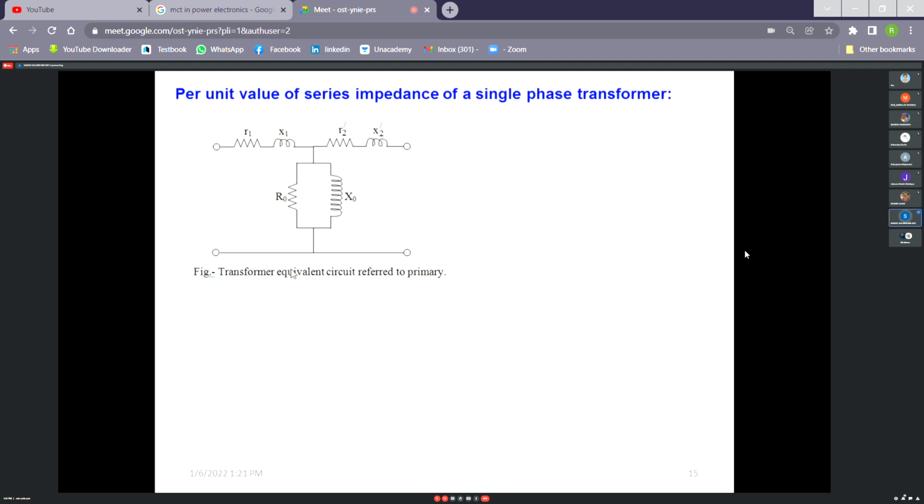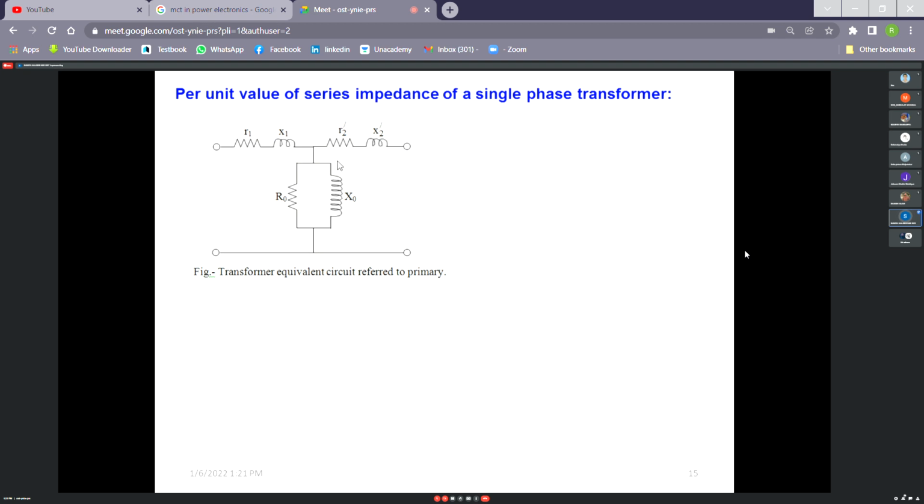Say this is the transformer equivalent circuit referred to primary. I have not drawn the ideal transformer here. Obviously, the ideal transformer will be on the right hand side. Similarly, same thing will be for when it is referred to secondary. And the value here is the total resistance R1 plus R2 dash and X1 plus X2 dash. Value of total impedance referred to primary and value of total impedance referred to secondary. You know they are hell and heaven difference because they are multiples of 10 or 100 depending on the turns ratio of the transformer.